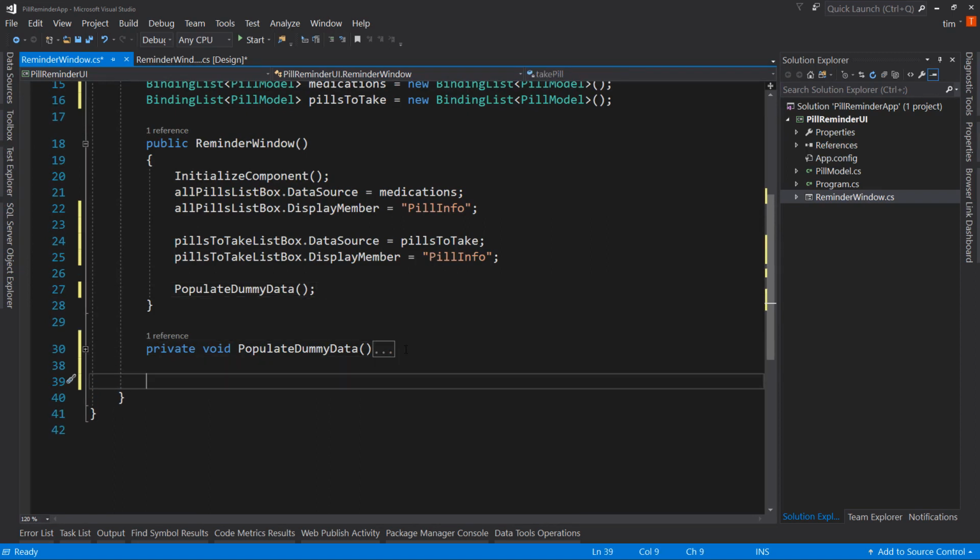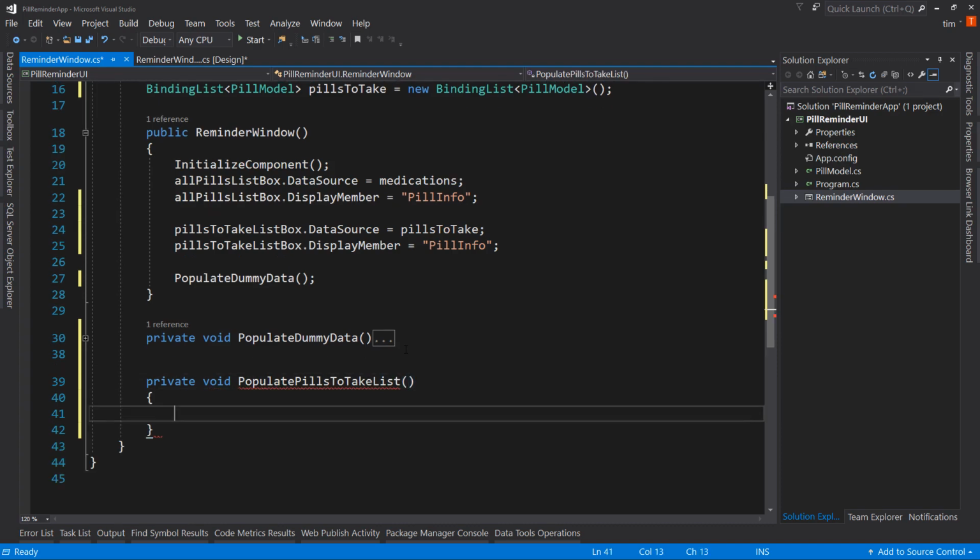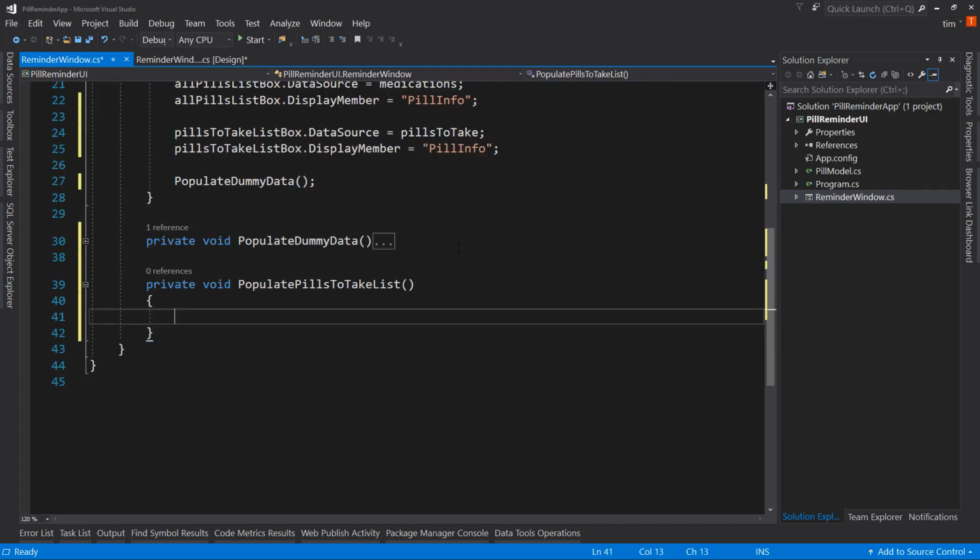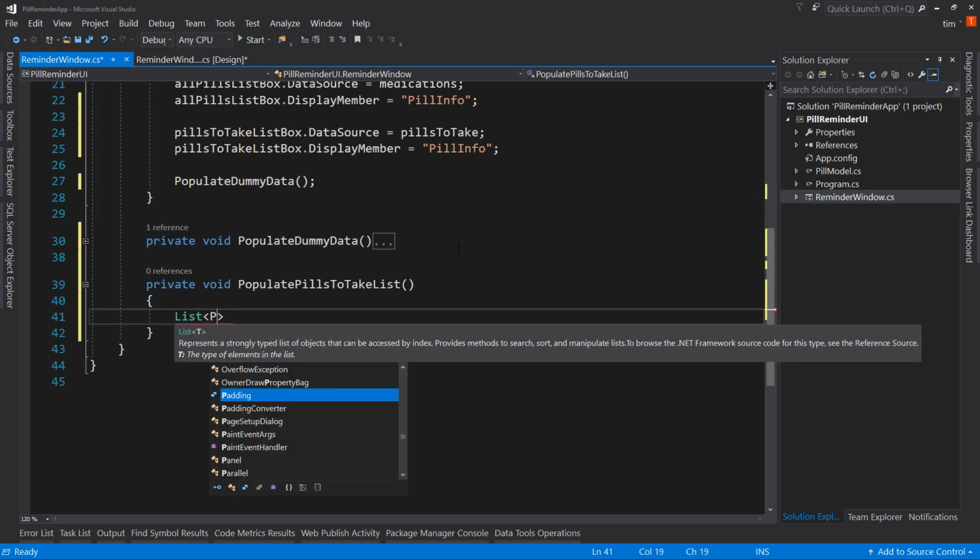So let's create the private method first. Private void populate pills to take list. All right, so let's create a list for now, a list of